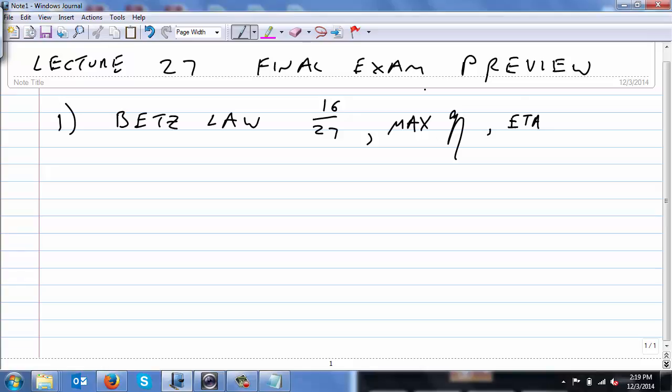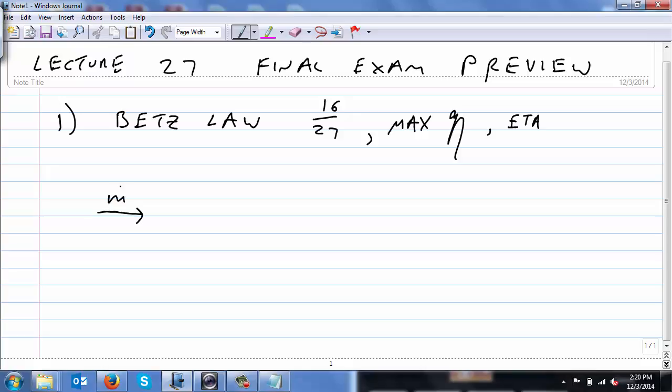Okay, so that's 16/27, max efficiency, eta is the symbol. Now, one key concept that I'm hoping you come away with, and we talked about this before, has a lot to do with conservation of energy. In almost any one of these systems, you can't violate the first law. And another portion of the conservation of energy is conservation of mass. And it just means that you're going to have